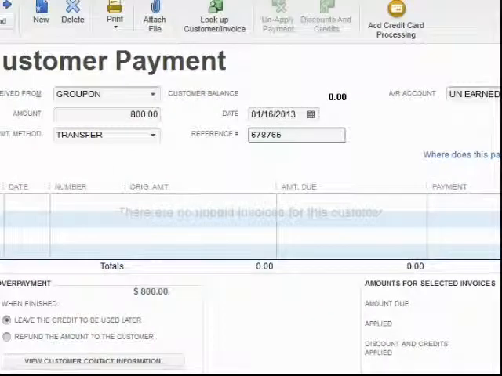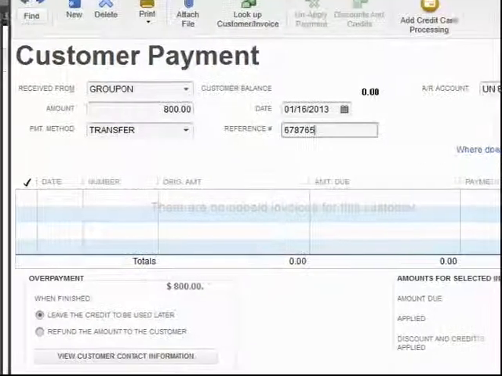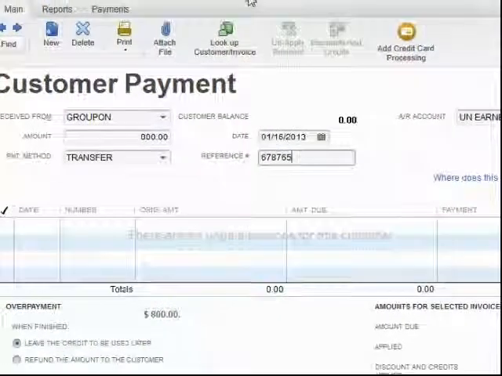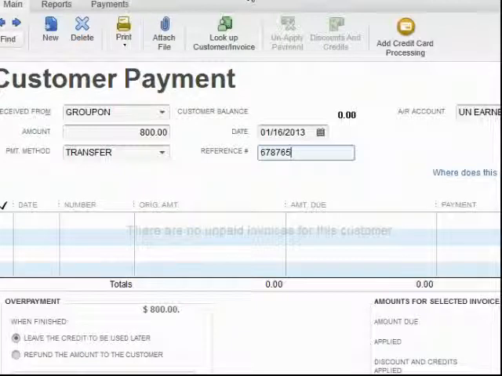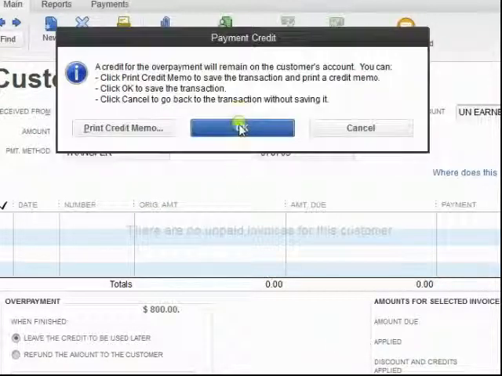But in the memo field, way on the bottom, you probably want to record other information like how many customers it is and what they paid for each and what the services were that they paid for. All of these things can be fit into the memo field, even though the memo field does not look like it can hold it. Now, when we click Save and Close and we take a peek at the trial balance,